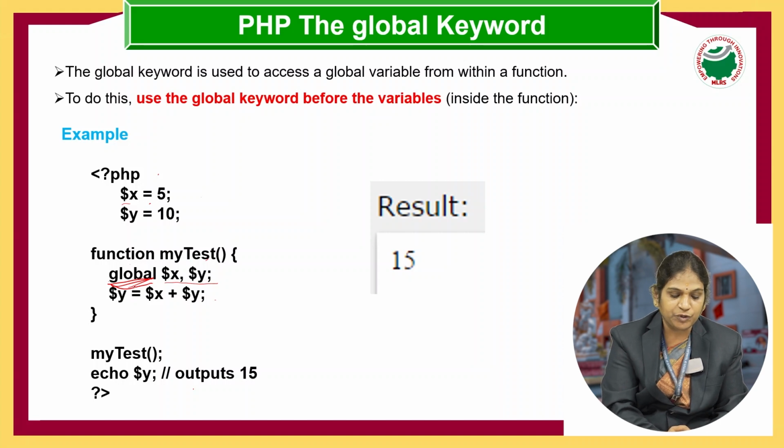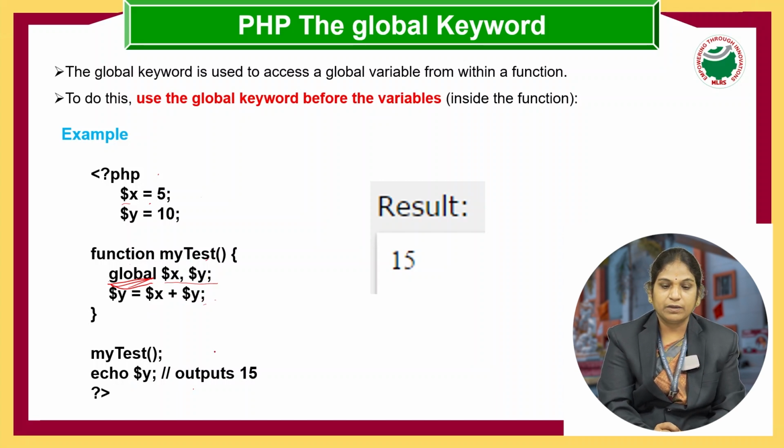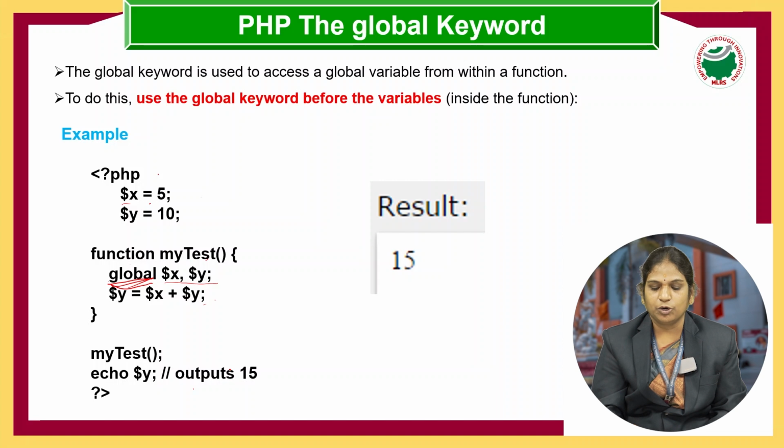But as I have used the global keyword in this example, the x and y values can be referred to within the function. And what is the operation I am performing? Addition. What is the value of x? 5 plus 10. The y value is 10. So, 5 plus 10, what is the value assigned to $y? 15. And then I am using the echo statement $y, so the output will be 15,